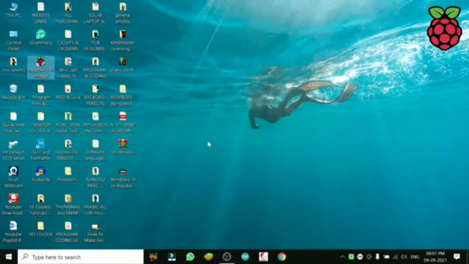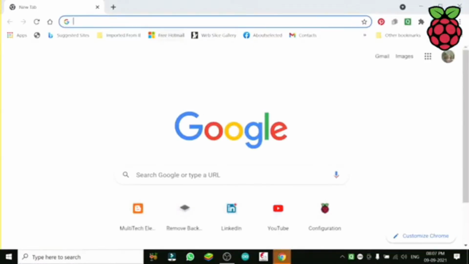We are going to install a new thing on a new card, this Windows 10. So all the features will come: Microsoft Office, Windows 10, whatever you want to do. But don't load the heavy software because it doesn't work so fast. Editing, AutoCAD, KineMaster, this and that, it doesn't work so fast.